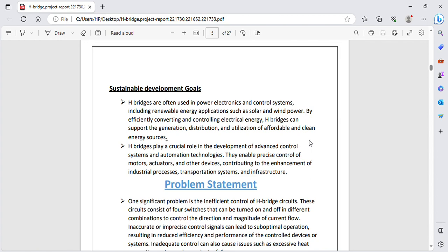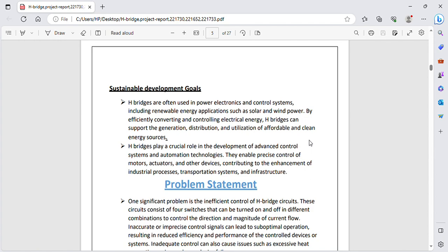H-bridges play a crucial role in the development of advanced control systems and automatic technologies. They enable precise control of motors, actuators, and other devices, contributing to the enhancement of industrial processes,